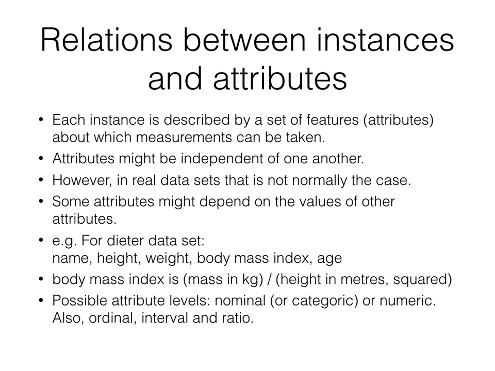On this slide, we're looking at relationships between instances and attributes. So each instance, of course, is described by a set of attributes, and we can take measurements for each attribute. But the attributes might be independent of one another. They might not have any relationship with each other, and in fact, we often assume that about our data sets, but that's often not the case. Usually, attributes have some relationship to each other. So for example, if we had a data set that had dieters in it, so each instance is a dieter, and then for each person we have their name, their height, their weight, their body mass index, and their age,